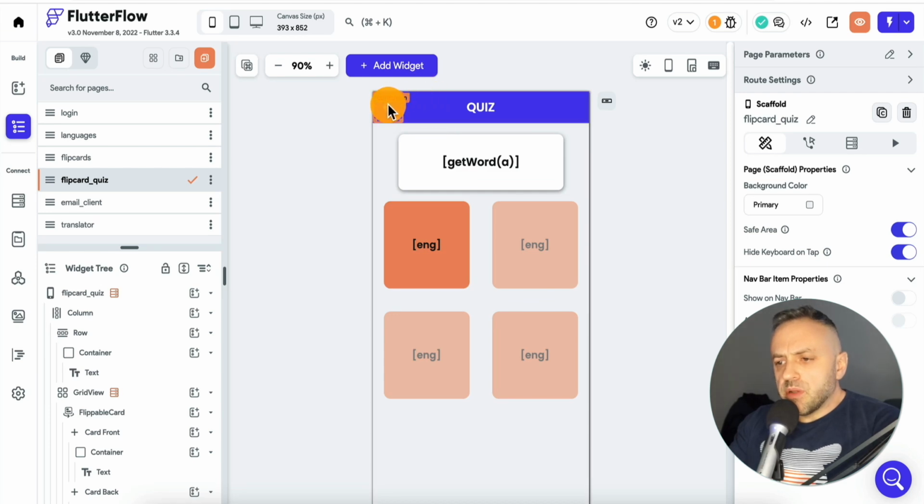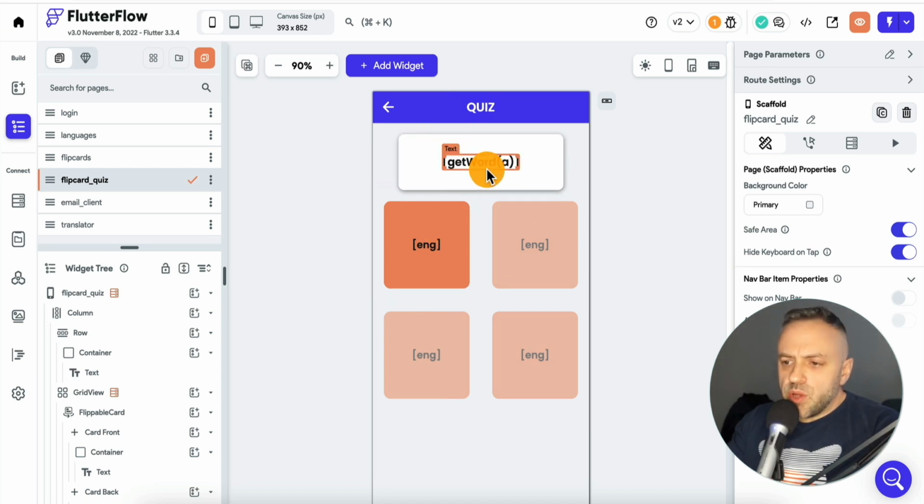And so an example here, we have a page that lists various words, and the idea is that you click on it and it's going to flip and show you the other language. So we're doing English to foreign language or foreign language to English, and this way we are presenting an interface where people can memorize words in a foreign language.